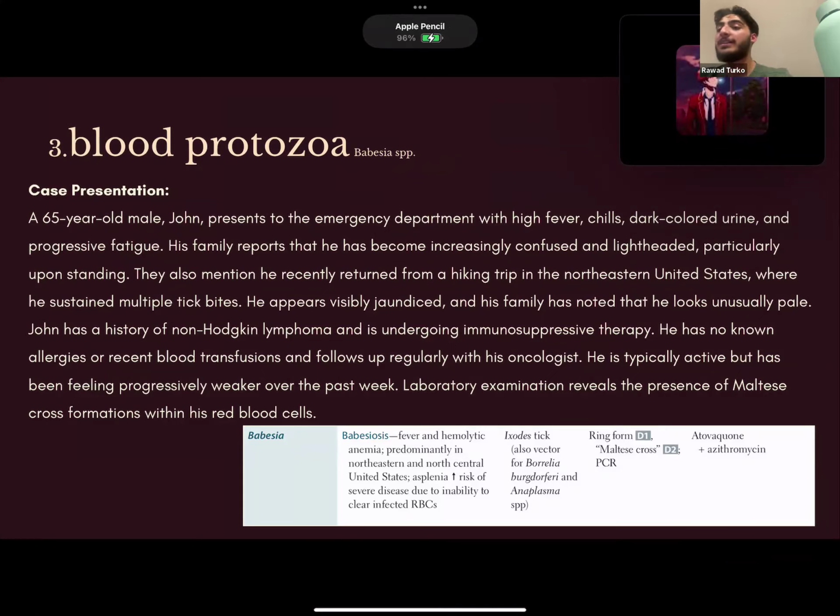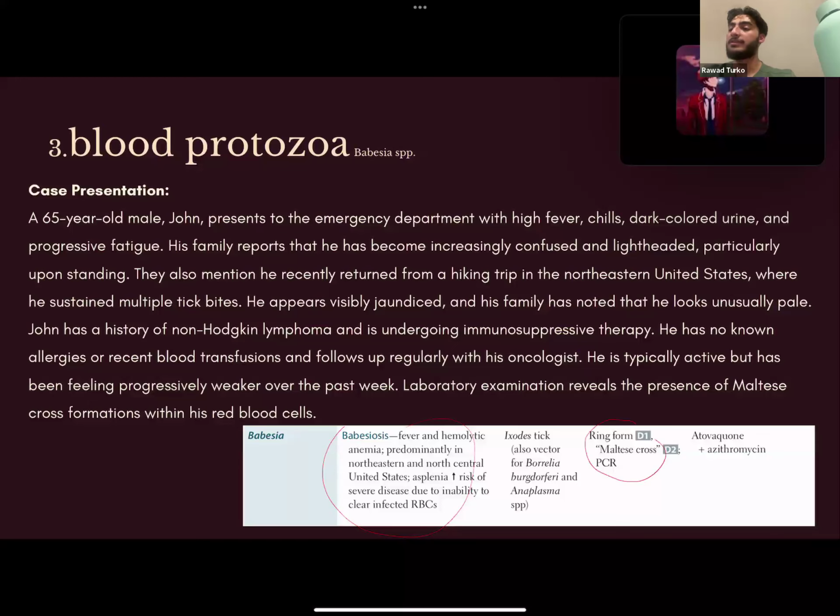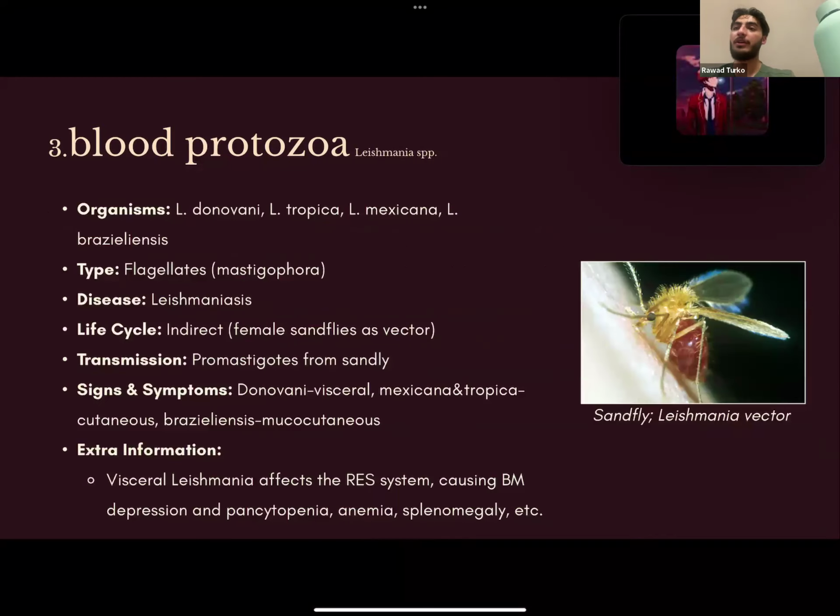What type of tick is it again? It's the Ixodes tick. Okay, and this is the First Aid table. This is the disease. This is the vector. This is the diagnostic form, and this is the medication. You guys don't need to focus on the medication. Okay, moving on. Leishmania. Okay, so Leishmania, the different organisms we have in the Leishmania species are Donovani, Tropica, Mexicana,